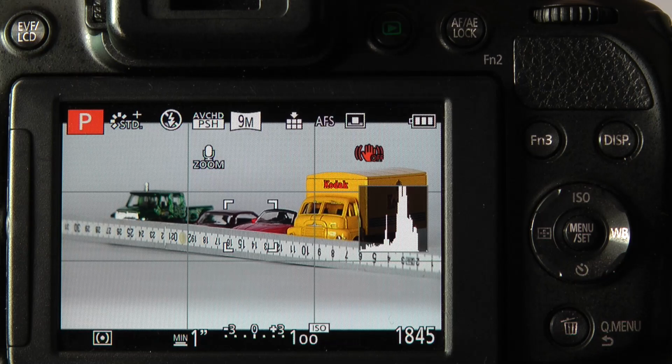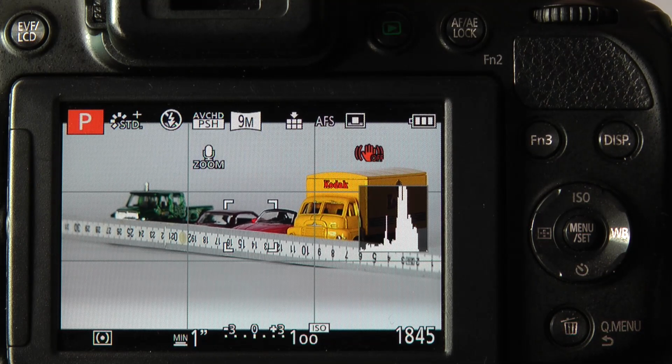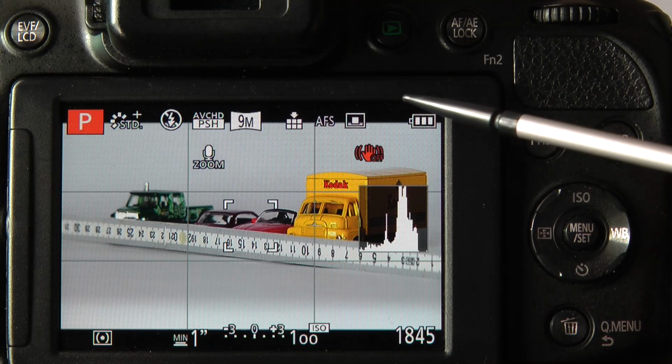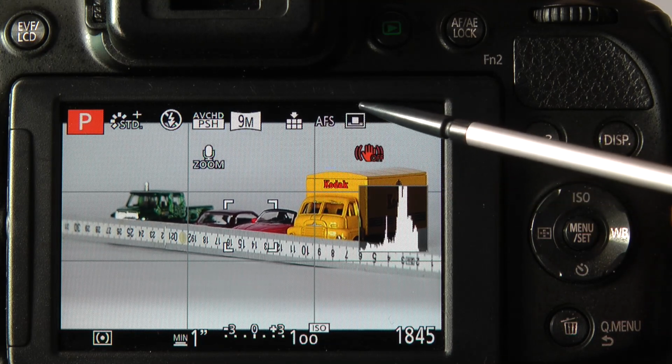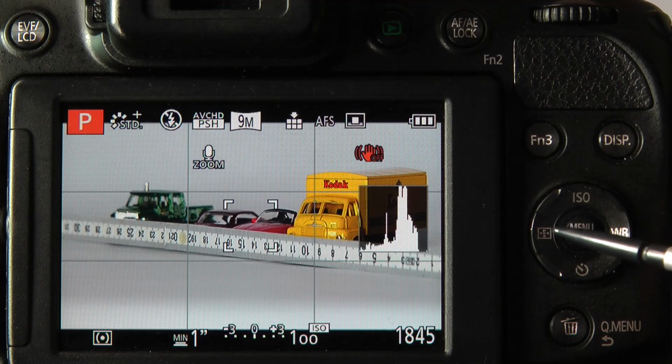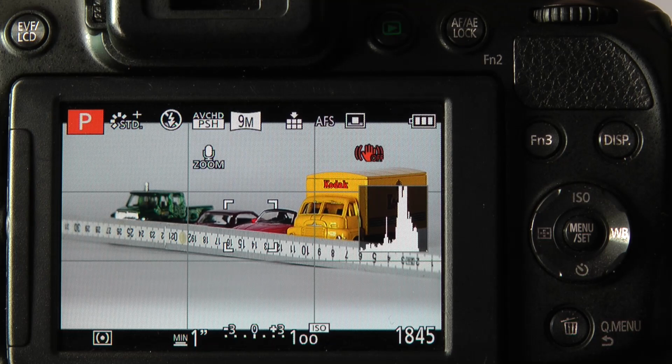So first of all I need to set up the camera for single area focus, and that's indicated by this little icon on the top, and we saw that in the last video. There are three ways to achieve this. You can either use the quick menu to get to the autofocus option here to select single point, or you can use the navigation menu here on the left hand side, or you can use the focus button on the side of the camera, whichever one's applicable.